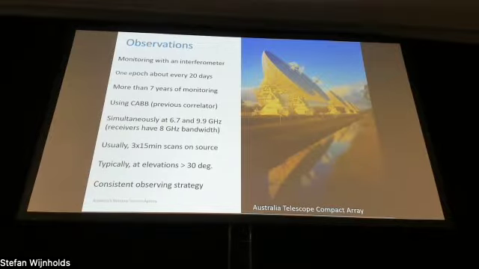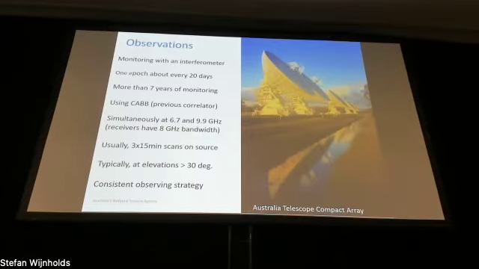I've done a few sporadic epochs after that, but at least it wasn't part of the original program. We used CABB. That's our previous correlator. Well, it's definitely previous because it was shut down earlier this week. If you haven't seen Chris's talk earlier on about our new correlator, well, it's too late now, but you can ask us during the coffee break what it's all about.